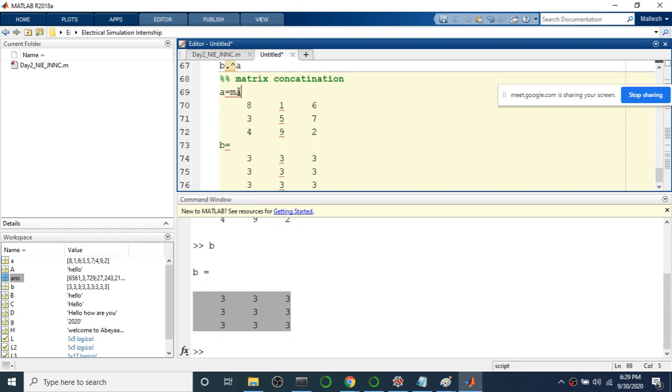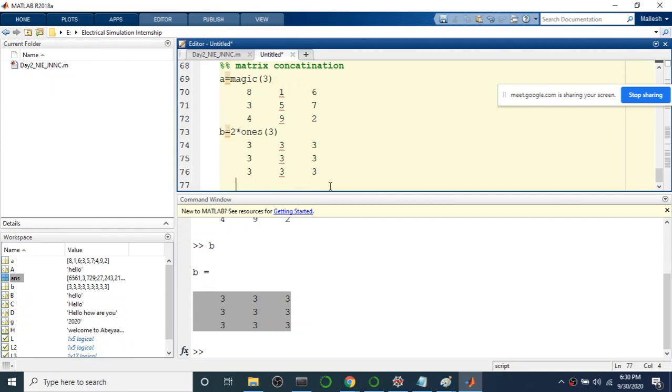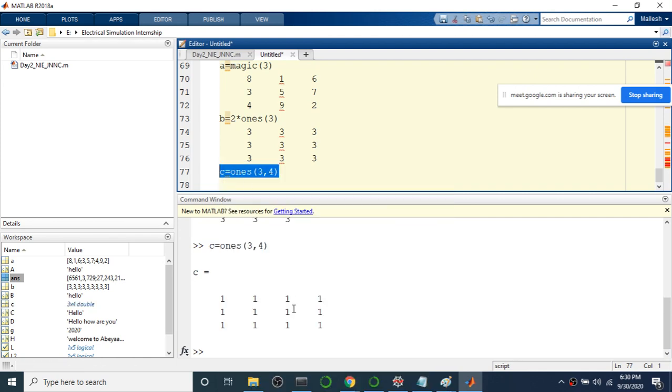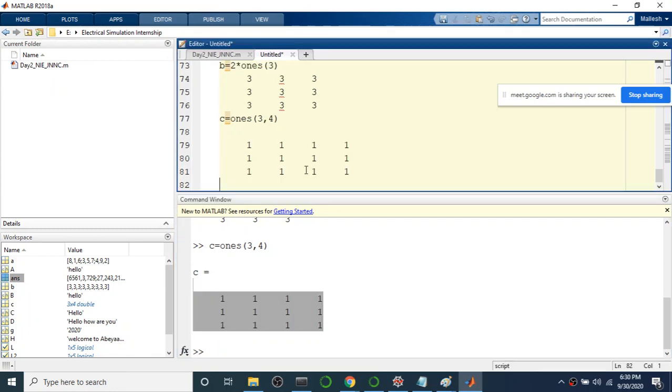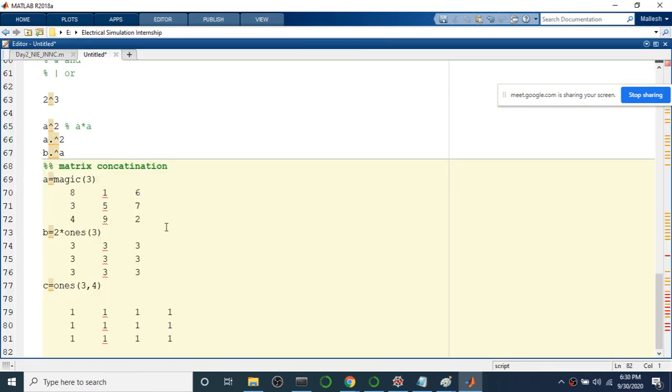A is equal to magic of 3 and B is equal to 3 star ones of 3. Next I'll take C equal to ones of 3 comma 4. In total I have 3 matrices.